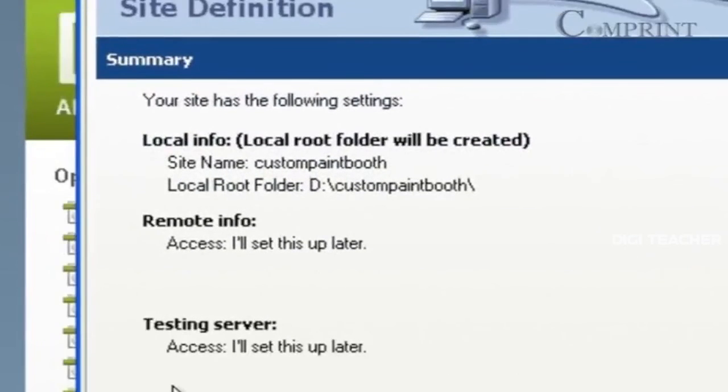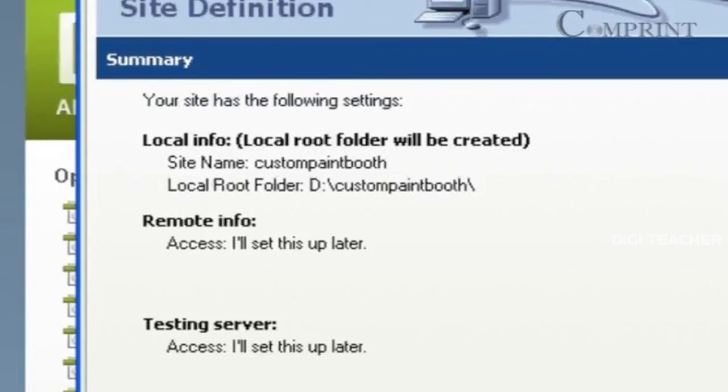Here we find the summary related to the site definition. In this we can see the local info, remote info and testing server information. So far we have entered only the information related to the local root folder. We have not entered anything about the remote info and testing server. So here we can see that I'll set this up later.